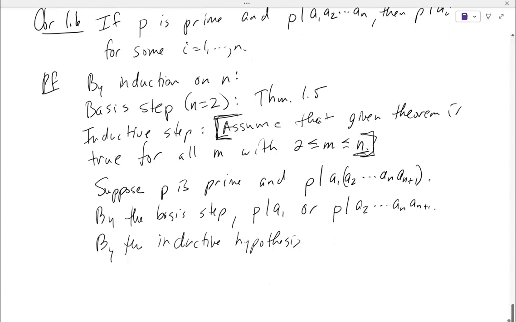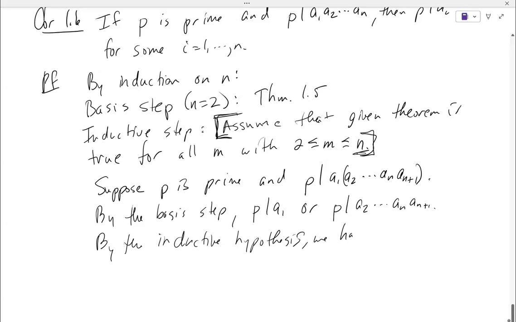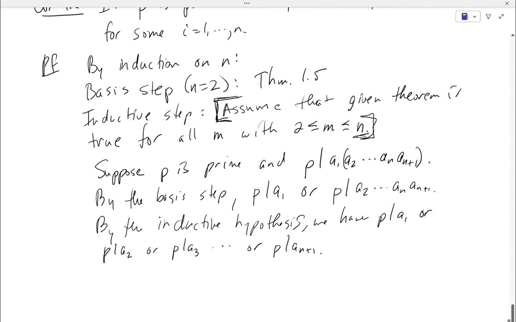By the inductive hypothesis, we still have that P divides A1, or the inductive hypothesis now says that I can take my P and it has to divide one of those. So I'll write it as P divides A2 or P divides A3 ... or P divides AN plus 1. That verifies the inductive step, right? We proved the theorem for the inductive step. This is what we wanted to do, right? We have to divide at least one of them. Okay. So, therefore,